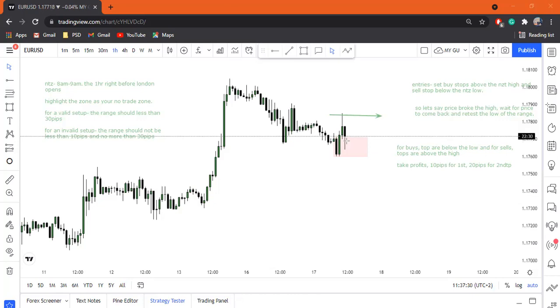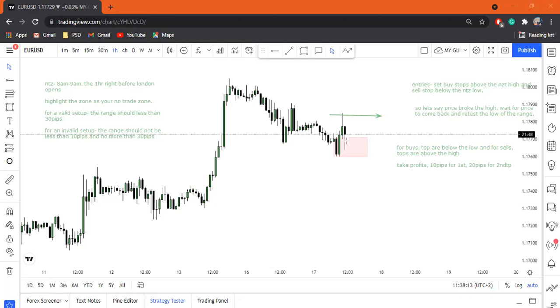Yeah, so please keep in note, 2 trades each day. If the first trade hits stop loss, you can still enter. Let's say you bought, but then it hit stop loss, you can still enter the sells as price opens your sell stops, but you can't come back to enter the buys again if price comes back up again. Your 2 setups would have already played out, and if it didn't go in your favor, that's okay. You can wait until the next day, or if it's early enough, you can use that for the next pair,